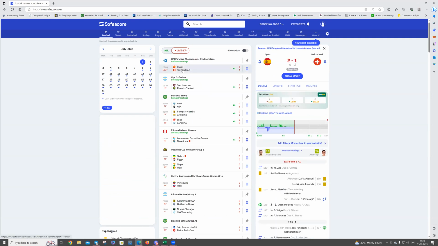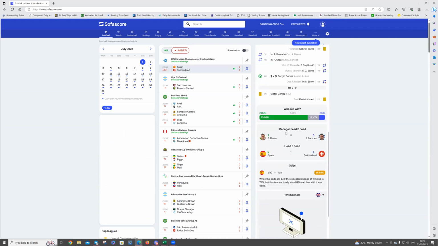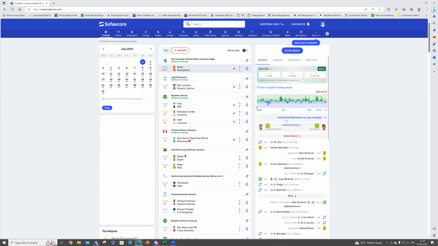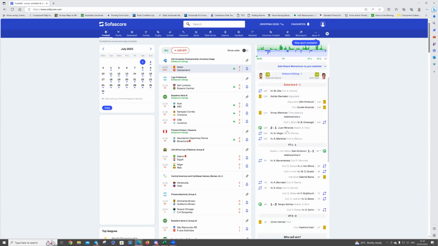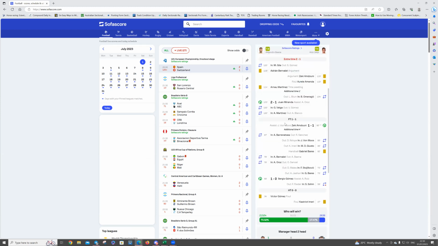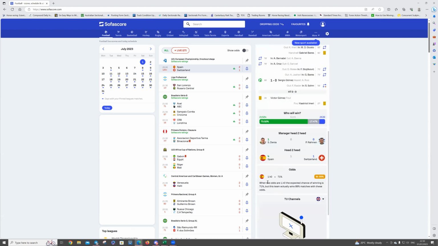Let's go into this one. I think it's too late. Oh, here we go. Right, so we've got Spain versus Switzerland. It finished 1-1 full time, extra time. Now, if I go down here on this bit where it says details, it shows me that when Spain are priced 1.5,